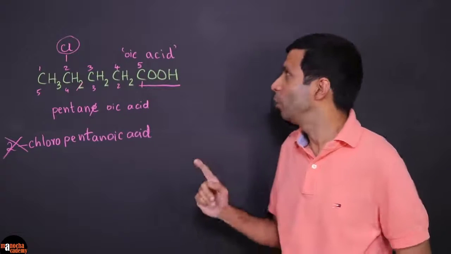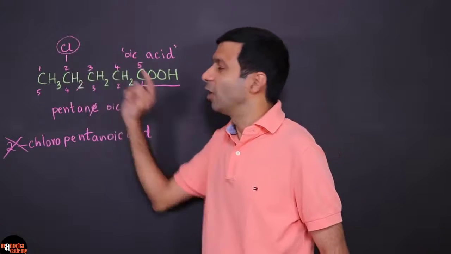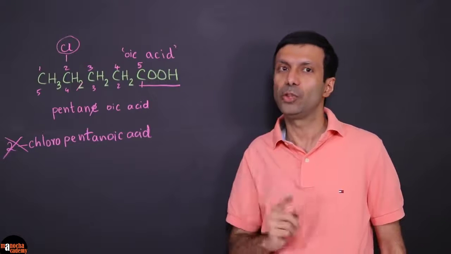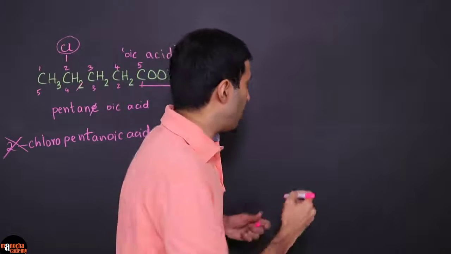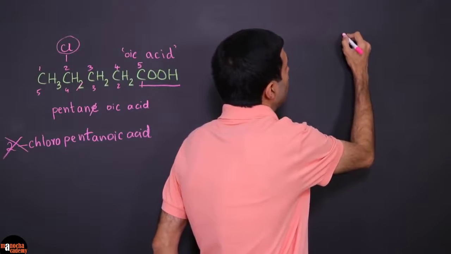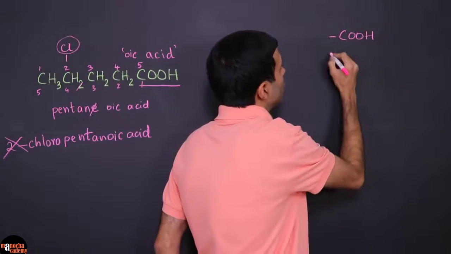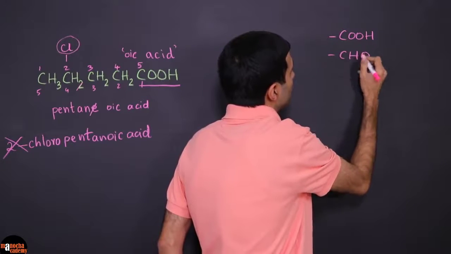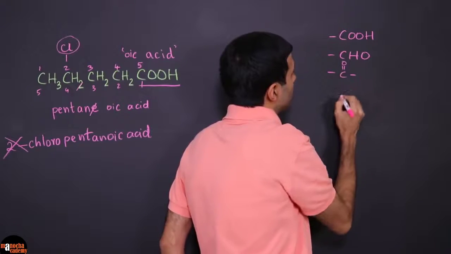Because in this compound, can you see that there are 2 functional groups, an acid and a halogen. And then there's an important priority order that we need to follow. So let me write down the priority list here. So what is the priority list that you need to know? On the top priority, we have the acids. So that's COOH. Then we have aldehydes, followed by ketones,